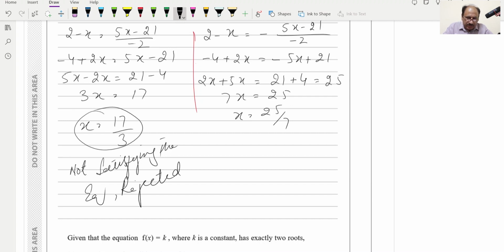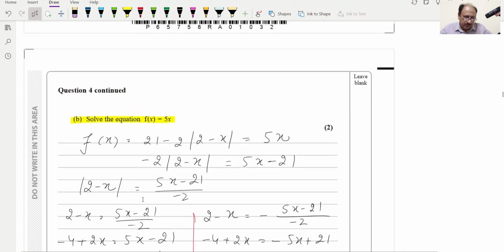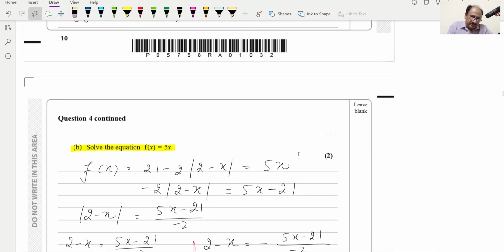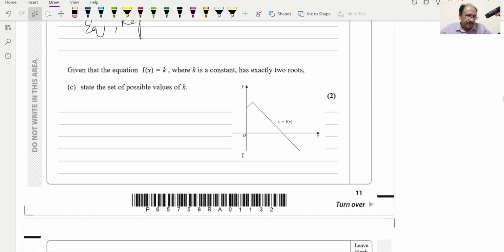So we will reject this value, and when you check this value, it will be satisfying the equation. So we can just say it satisfies the equation. So this will be our final answer basically. You will have to replace these two values in this equation and check whether f of x is equal to 5x or not. Now C part, given